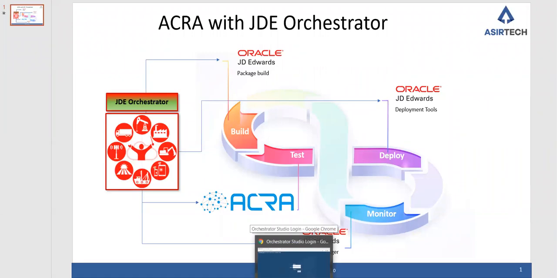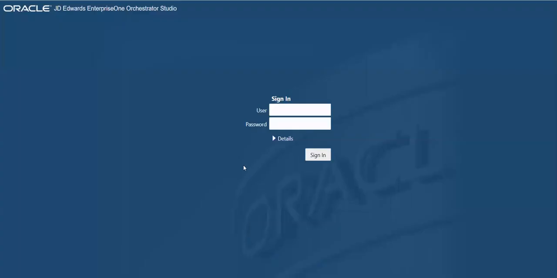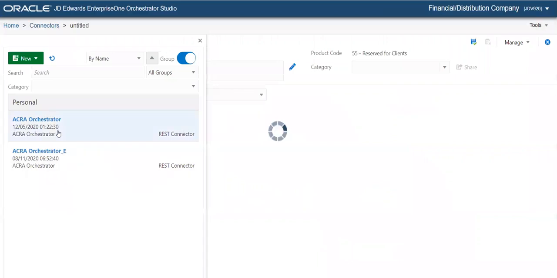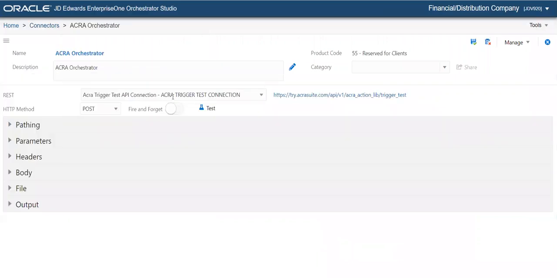So I'm navigating to the JD Orchestrator Studio webpage, logging inside the Orchestrator Studio. This is the orchestration we have created, which makes API call to Accra to invoke testing that are relevant to the change happened in the update.